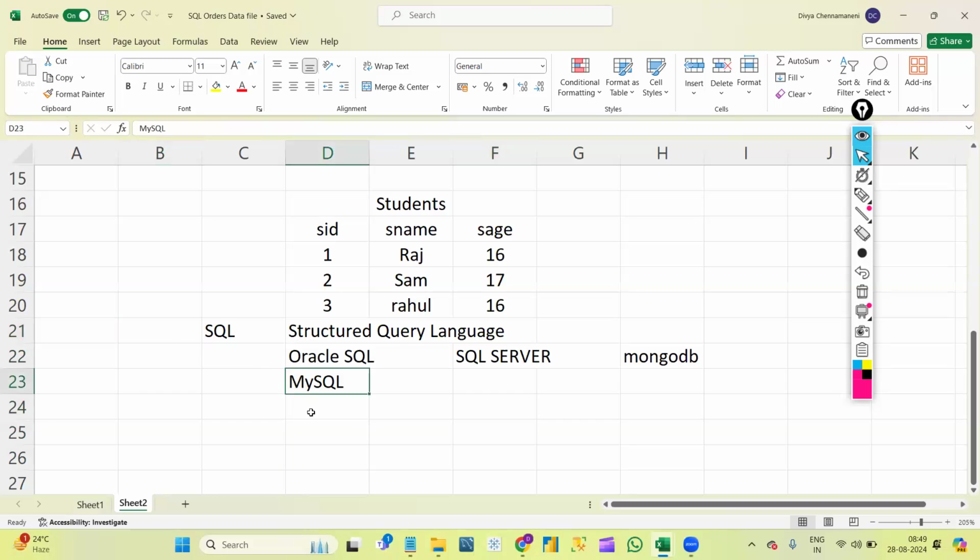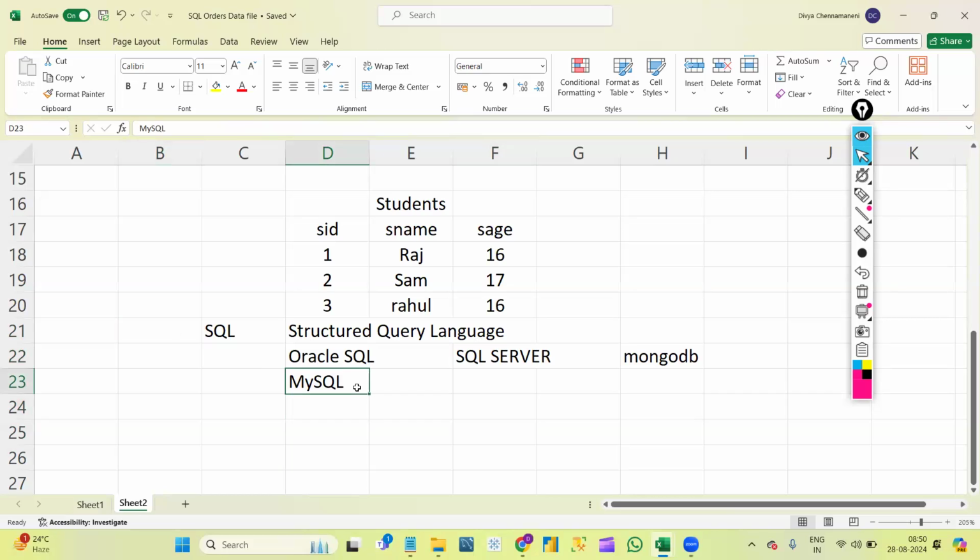The reason why we are learning MySQL is that it is, what can I say, it is... Madam, will there be any major difference between SQL and MySQL? No, not at all.